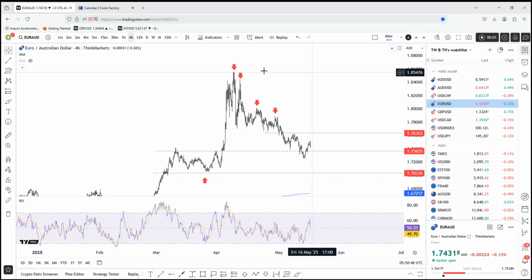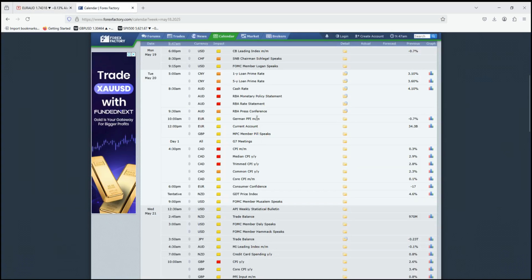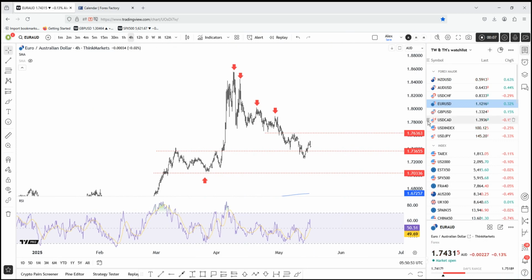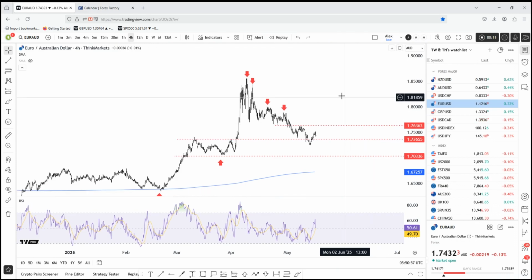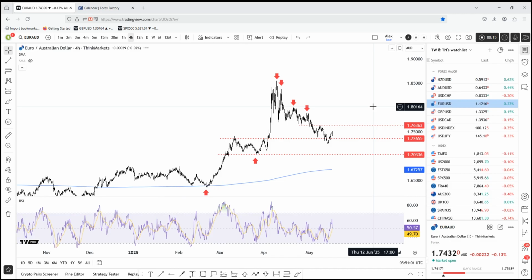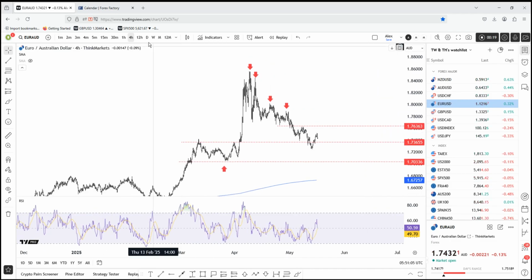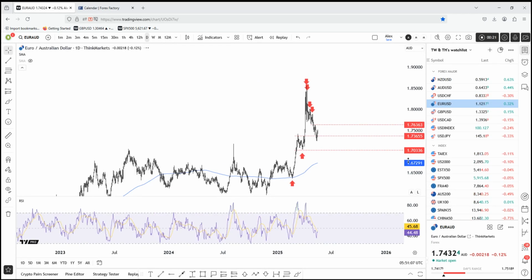The Australian rate meeting is taking place next week on May 20th, and that could potentially cause a reversal in the euro Australian dollar. So with that in mind, let's take a look. A couple of days ago, we were looking at the euro Aussie, and we wanted to showcase once more